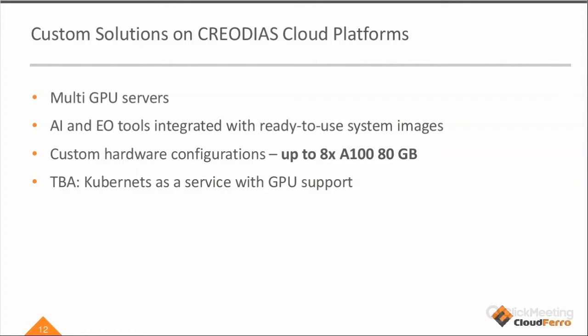So firstly, the servers with multiple GPUs. Our biggest servers are up to 8 A100 GPUs. We can also build system configurations for projects that last for a long time and add them to the public cloud, so you can use them. As I said, we can add tools to the ready-to-use system images, so you can do everything faster and not be forced to build your own image.